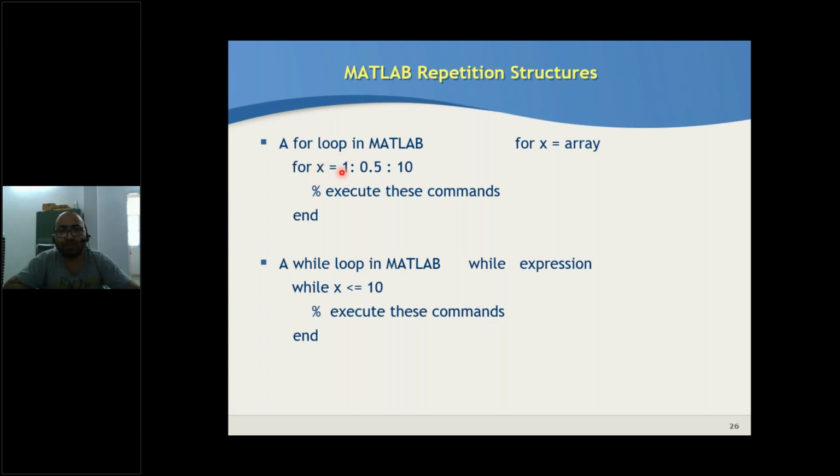So x equals 1 plus 0.5, 1.5, will be assigned to x in the second iteration. Similarly, it will go up to 10. After that, when x exceeds 10, this condition will not be true and it will exit from the